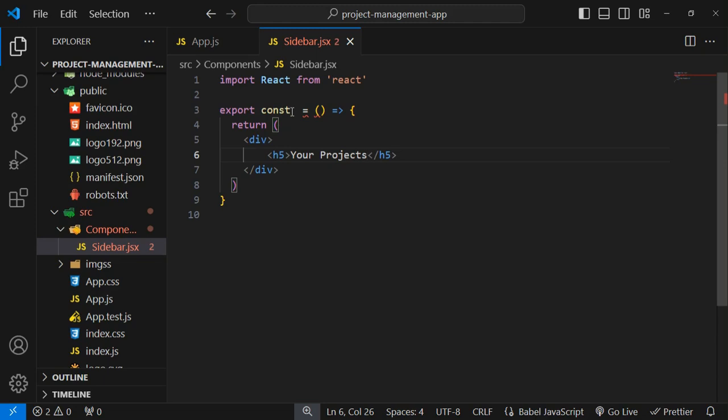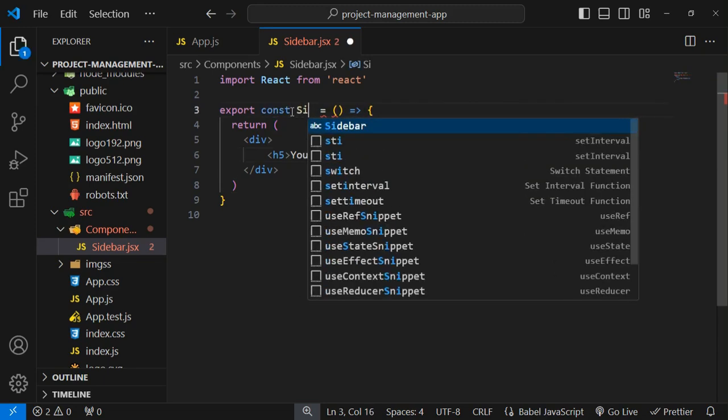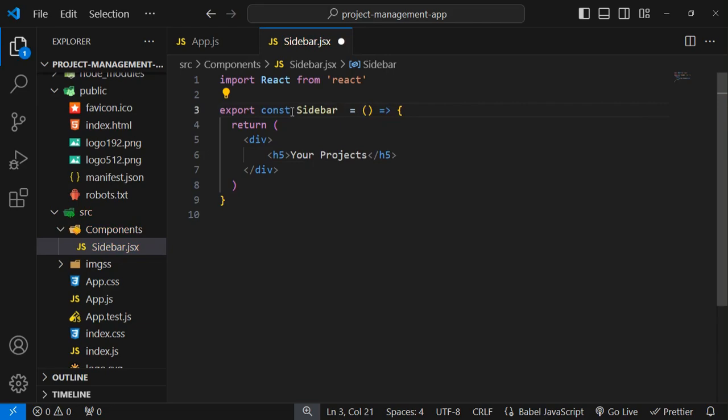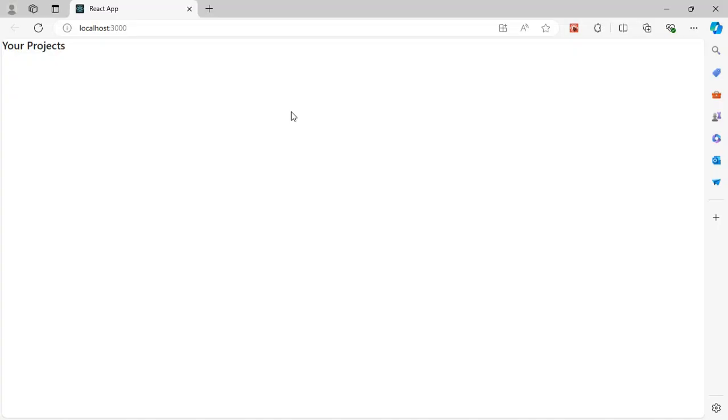And you can see here it is showing an error. What is the error? Basically we have removed our sidebar. Now just press Ctrl S and move to our output. Here you can see that it is showing your projects,